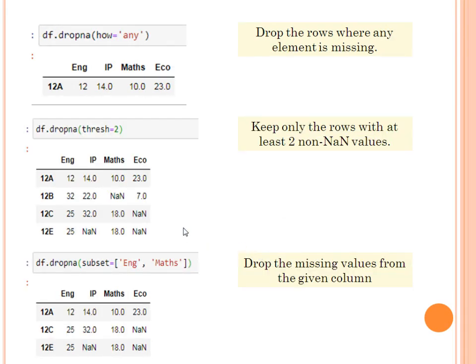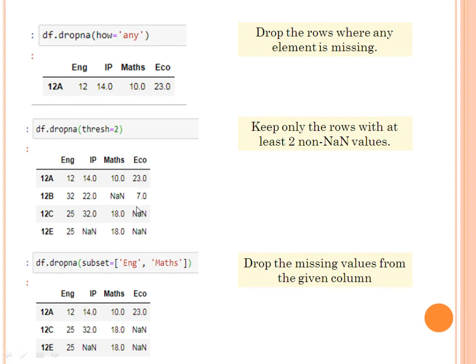Next is how equals to any. If it finds any NaN value, it will delete that particular row. So here we are working on the rows. Clear? Then we'll move ahead and see the next parameter, thresh equals to 2. So children, thresh keeps only the rows with at least 2 non-NaN values.